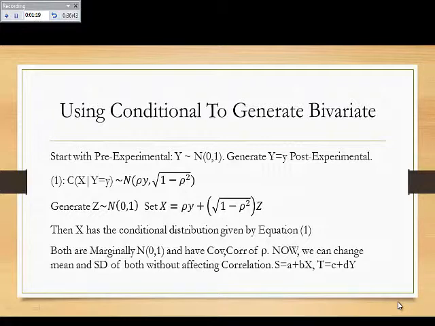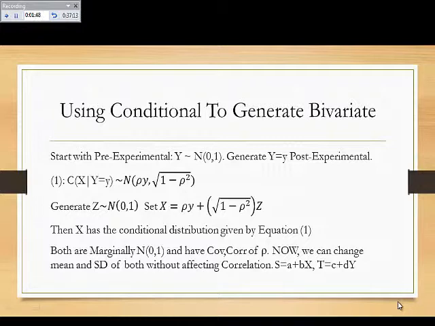So now I can generate a z which is normal 0, 1, which is independent of y. I start with that. Now I want to change the mean to rho y, so I just add rho y, and I want to change the variance to 1 minus rho squared, so I multiply the z by the square root of 1 minus rho squared, and that's it. So I set x equal to rho y plus the square root of 1 minus rho squared times z,